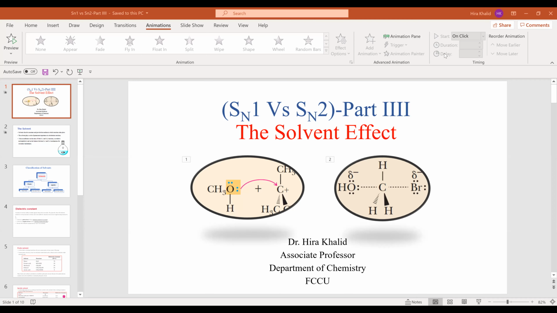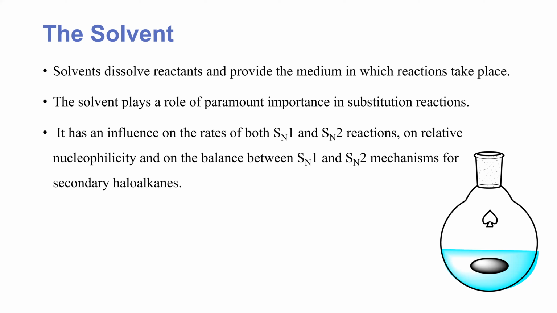Why? Because we have seen from our previous discussions that secondary haloalkanes are those which are on the borderline, and they depend on the selection of the solvent along with some other factors, whether they are moving towards the SN1 mechanism or they will opt for the SN2